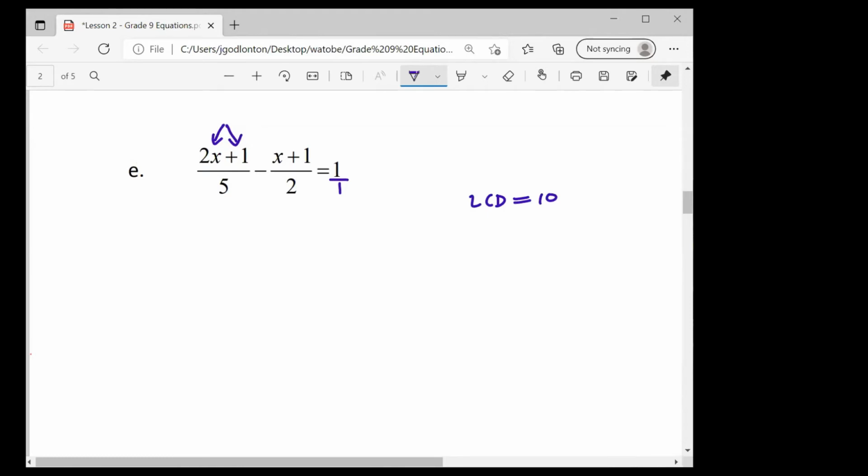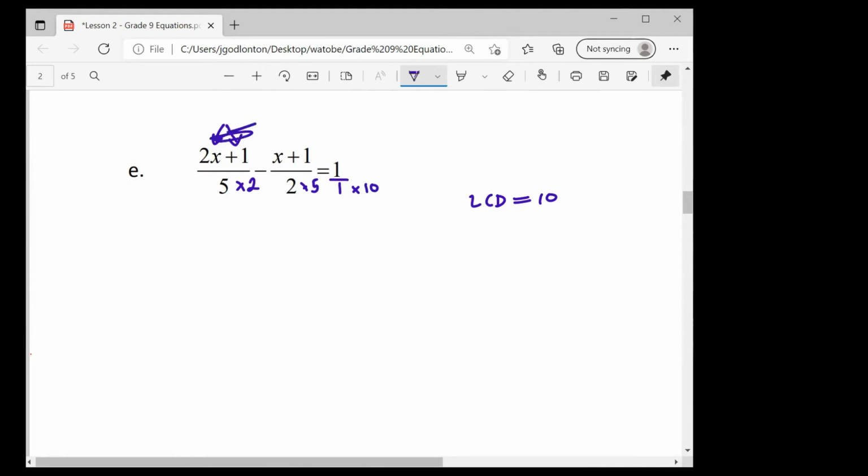So that means I'm going to have to multiply that by 2, and that by 5, and that by 10. When I do that to the top, I'm going to put it in brackets, and you're going to be like, oh, but I can just see what it is, I know I don't need to put it in brackets. I'm telling you, brackets are your friends, because if we don't put it in a bracket, this minus sign is going to come and bite us in our butts. That's what it's going to do, and it's not going to be pleasant.